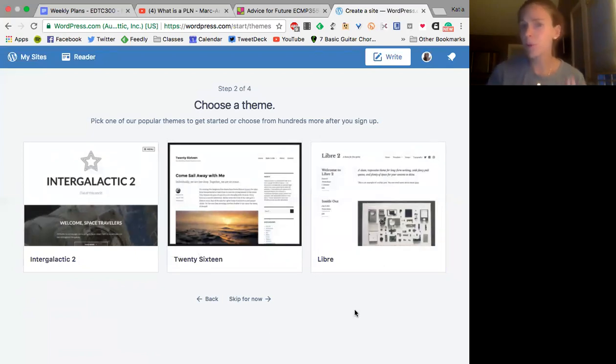And you'll find that different themes have different options, right? Some have the option to have a menu bar up across the top. Some of them have them on the side. And at some point, you will figure out which one you end up liking, right? So I tend to like mine to have a menu bar across the top, but that's my personal preference.